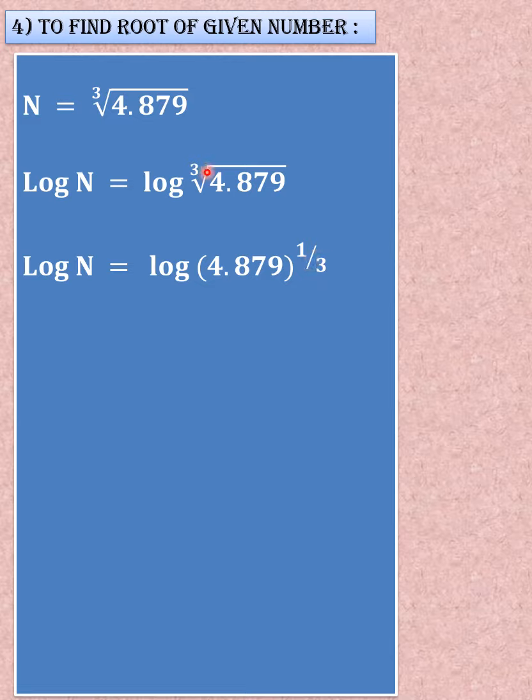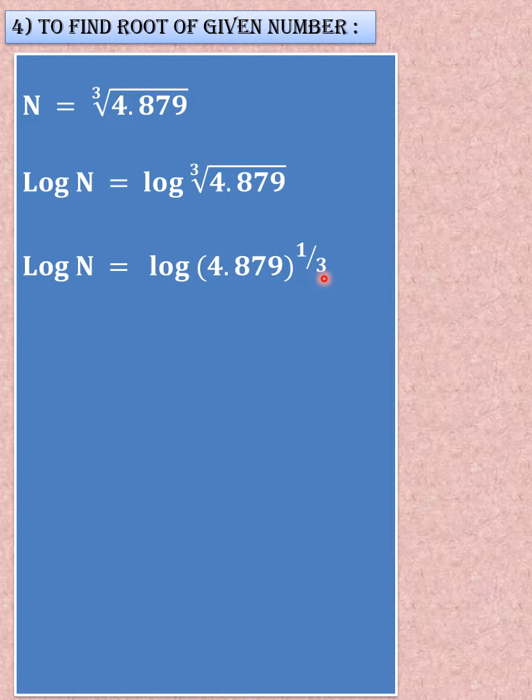Suppose the fifth root is given to you, meaning the fifth root of a given number. Then what can you write here? You should write 1/5. The number put in this square bracket should be written as a divided power here. So we can write this cube root of 4.879 as 4.879 raised to 1/3.